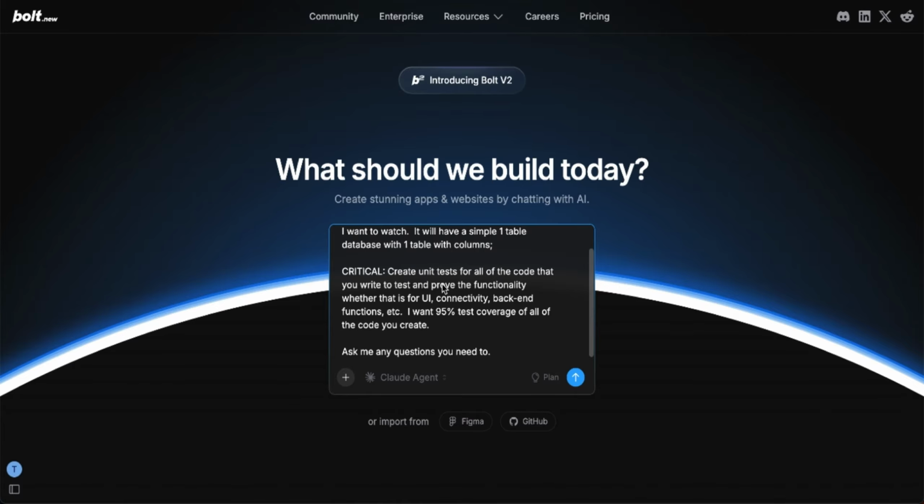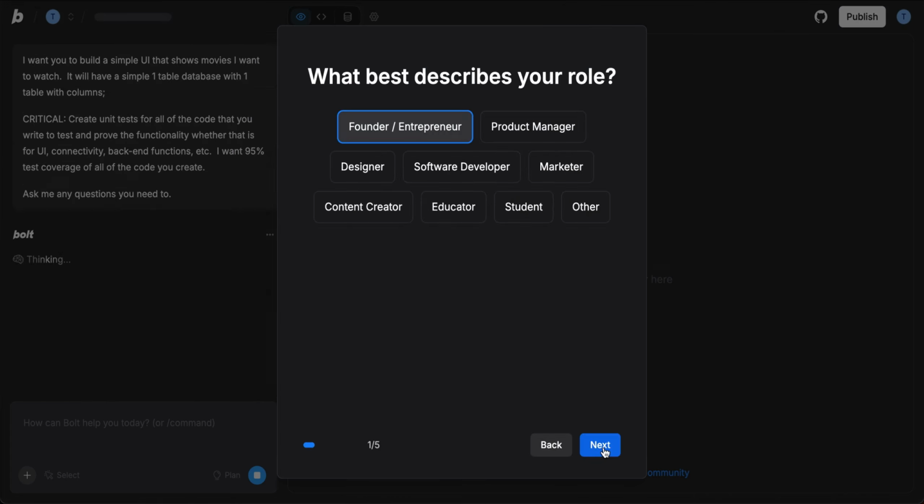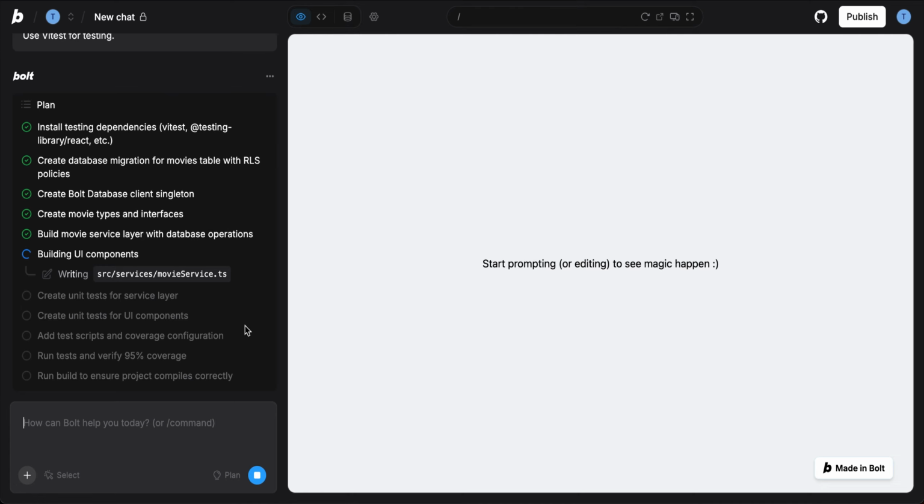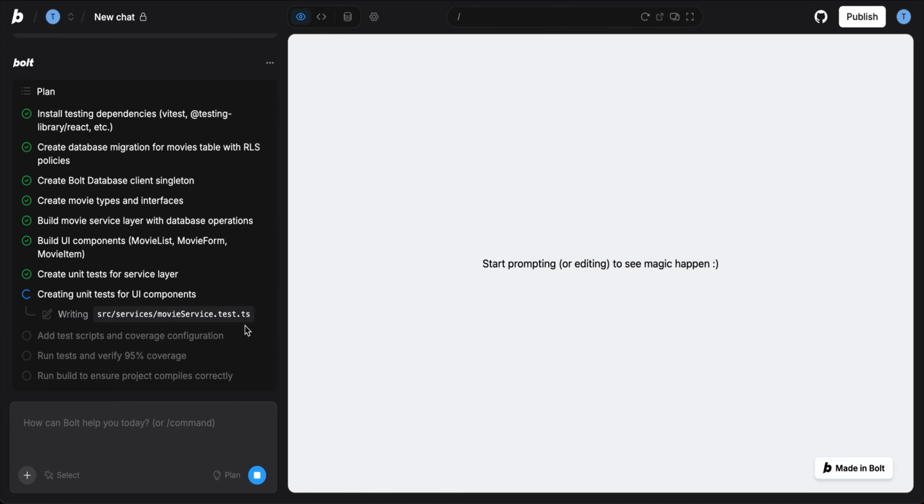What you can see on your screen right now is a prompt I have used that's a really simple one to prompt Bolt.New to be able to create an app for me and use unit tests. So let's run through it together. It didn't have to ask any questions and it went straight into the building process. And you can see on the left-hand side, it's accelerated obviously, that it can very quickly do the whole process